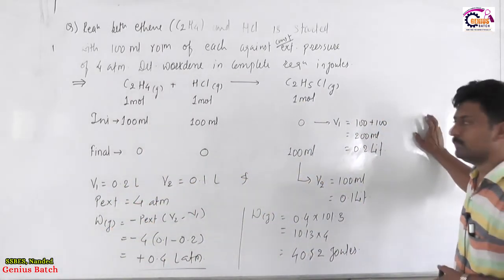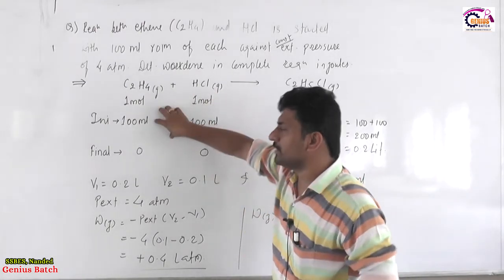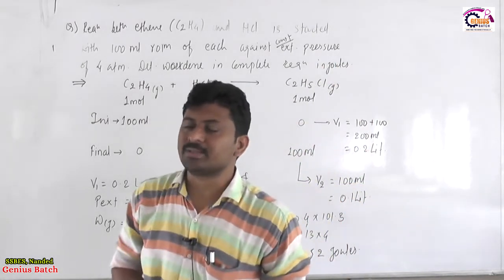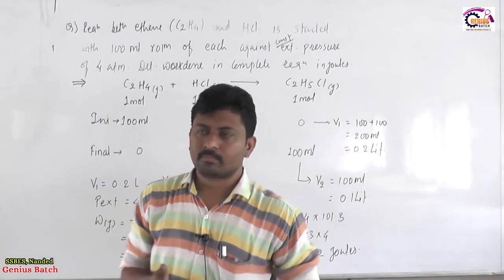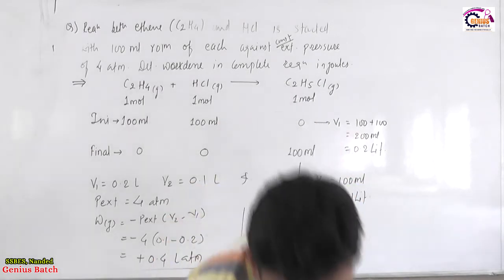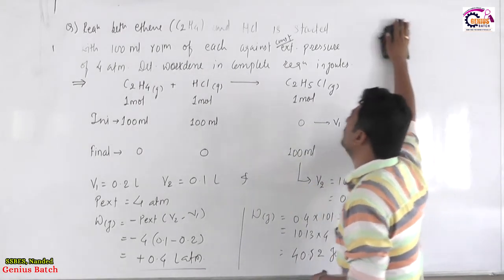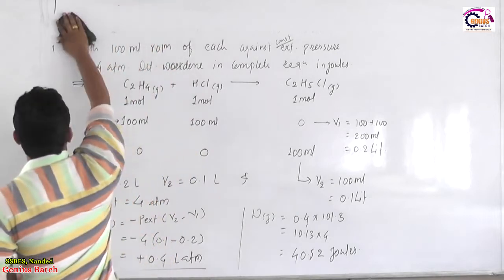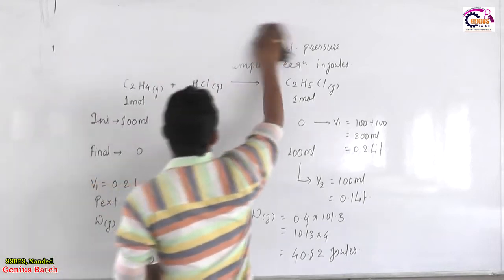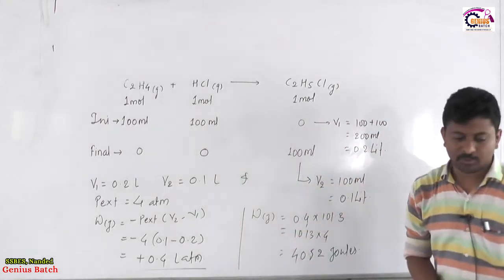Got it? It was an easy reaction between C2H4 and HCl, in which the total reactant combined and was totally converted to product. In some questions there could be a limiting and excess reagent also, which is again a part of the mole concept. If there is a limiting and excess reagent, then we need to decide how much volume will combine, how much will remain unreacted, so what will be the initial volume and what will be the final volume. That will become a little more critical than the present question. Let us try a question of that type.